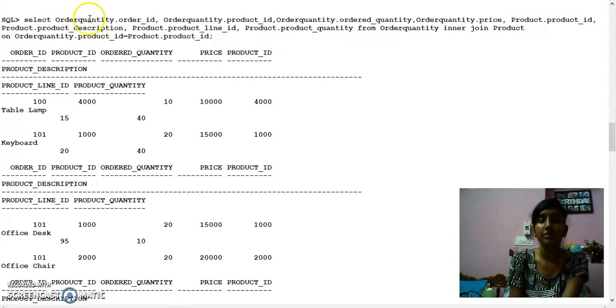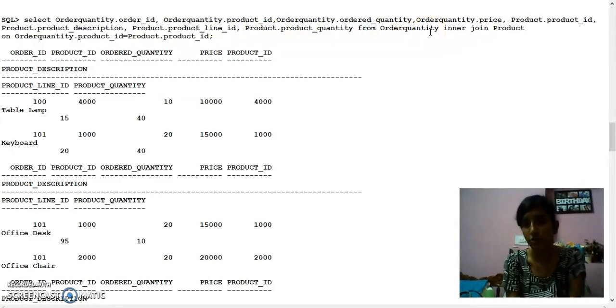The same is done for whatever columns you wish to join, that is order quantity dot the column name, along with the next table, that is the product table. Every single column that you want to join is given as such, from either order quantity or product, to whichever you require to join. Inner join